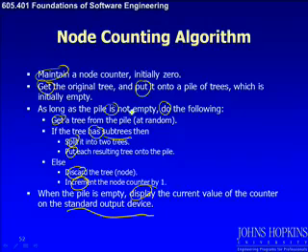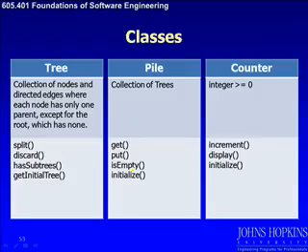And the controller would say to the pile, are you empty? And the pile would say, no, I'm not empty. Right? So then the controller would say to the pile, give me a tree, get a tree. So say you get a tree. And he would get the original tree, in this case. Right? And now the controller wouldn't know how to deal with the tree because the tree is an object